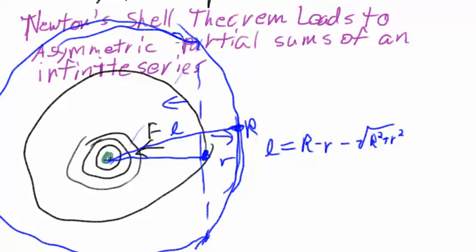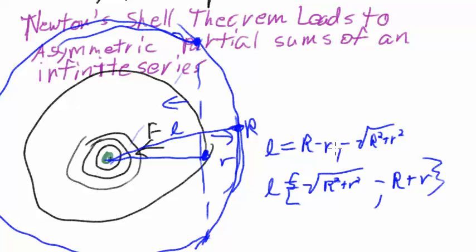And then we start over here, and this exactly cancels out with the integral from L equals square root of R squared plus little r squared to R plus r. And so I don't know exactly how to write that, but anyway, the force to the right ends up canceling exactly with the force to the left,